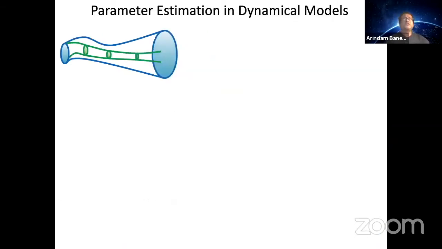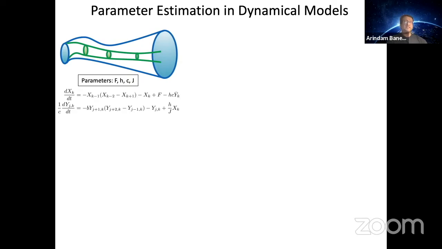So this redefined goal gives us a target for how we do model tuning or parameter estimation in dynamical models. As an example, going back to the Lorenz 96 model, this model has 4 parameters, and we would like to know the values of F, h, c, and J to get a certain task done, like some variable we were talking about before. The problem here is that with these kinds of dynamical system parameters, you cannot do gradient descent. You have to understand that, right?